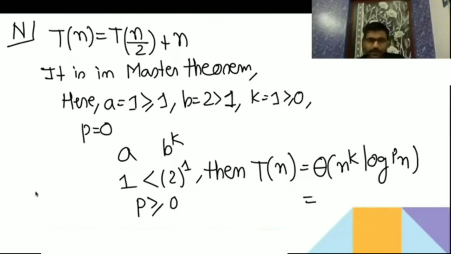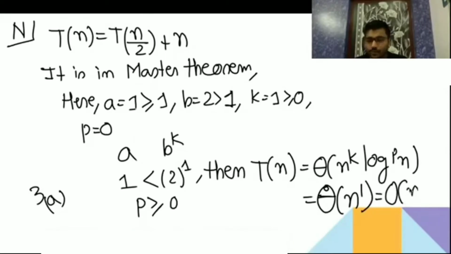So this is the third one, first case. Case 3, then first one. So theta, k is going to be 1 and p is going to be 0, so it's going to be that only. So theta, you can even write it as a big O, okay, because theta is both, omega you can write or big O also you can write. So n we got as big O of n. Now which option is having it? So n is equal to u.